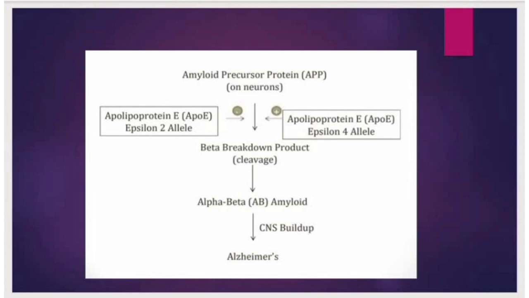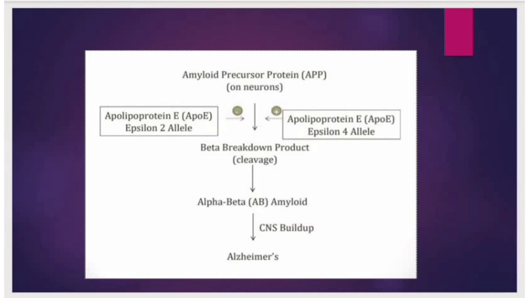Now, there are two major proteins which are responsible for Alzheimer's disease. One is amyloid protein, and the other one is tau protein. Let us discuss them one by one. This is amyloid precursor protein, which is present on the neurons. Normally, it is broken down in the presence of alpha secretase, resulting in the formation of an alpha breakdown product. But in this case, it breaks down in the presence of beta secretase, resulting in the formation of a beta breakdown product instead of the alpha breakdown product, which is